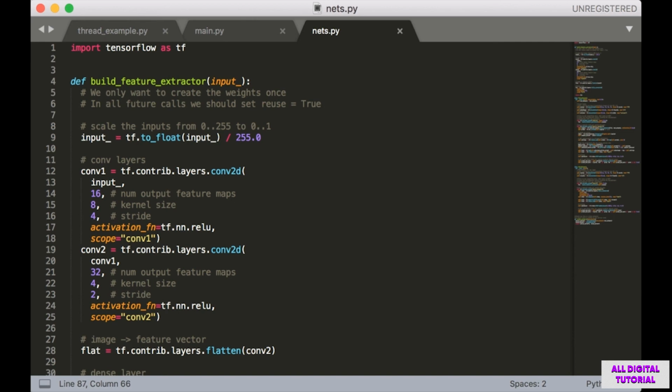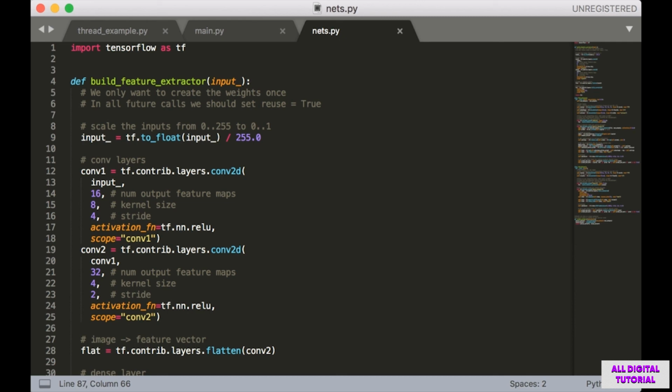In this lecture, we're going to look at the code for nets.py. This code is relatively simple compared to the other files in this example, since it only involves building neural networks, which we already know how to do. The most challenging part of this will be to get the policy network and value network to share their parameters.